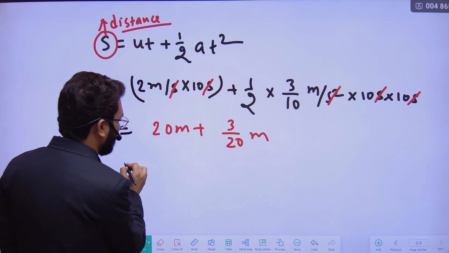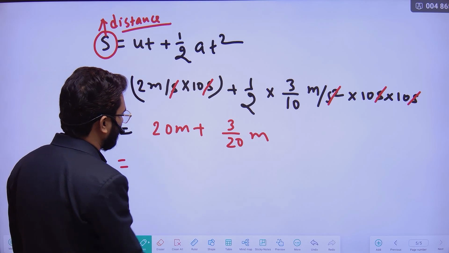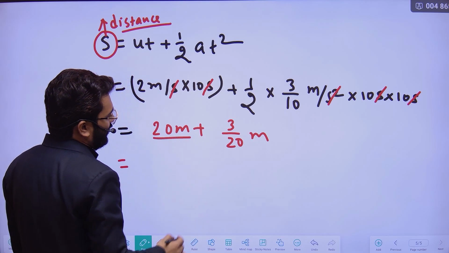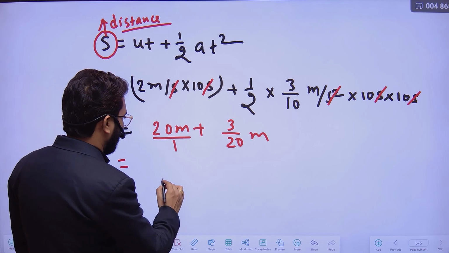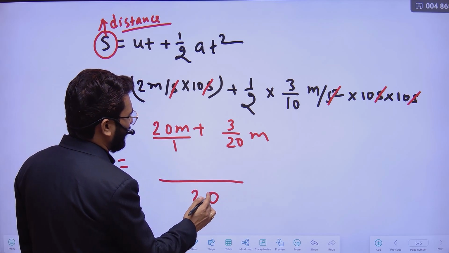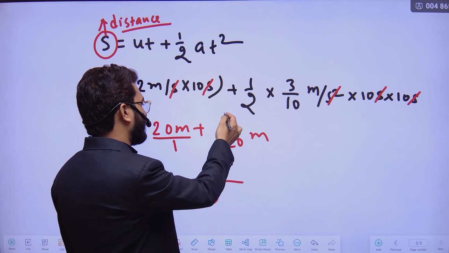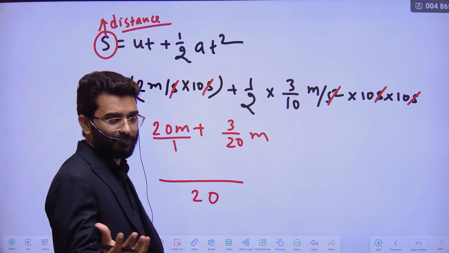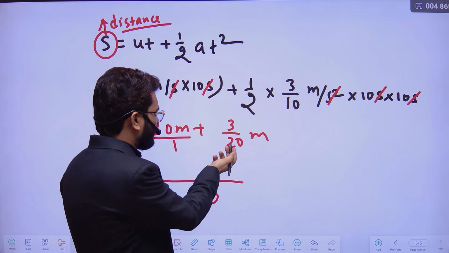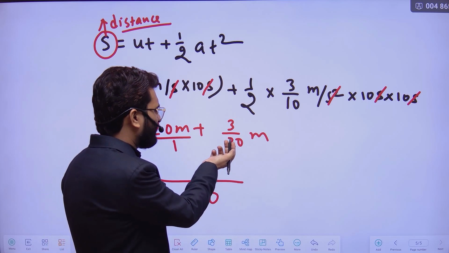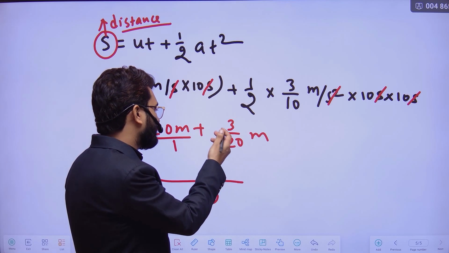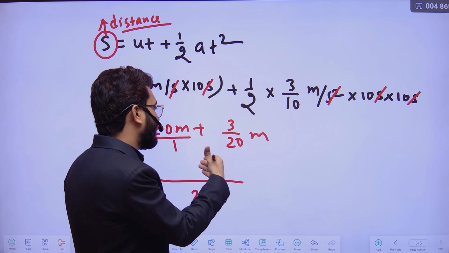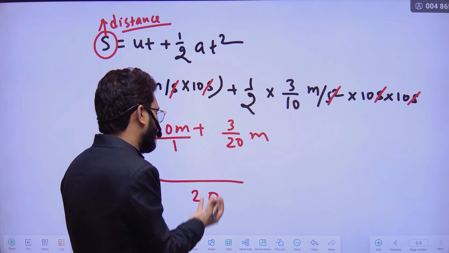It's a very simple calculation that you will have to solve, basic fractional mathematics. You can take the LCM as 20, it's your choice. Maybe you can convert this term to a decimal, and then after adding, it's also very easy. But because here it is 20, if it were 10, it would simply be 0.3. If you have a problem converting this part to a decimal because of the 20, then don't worry, you